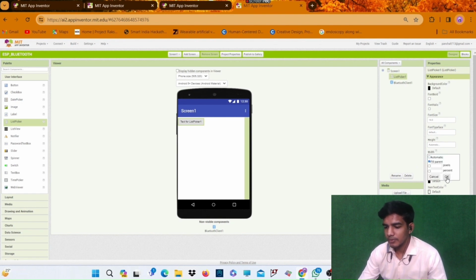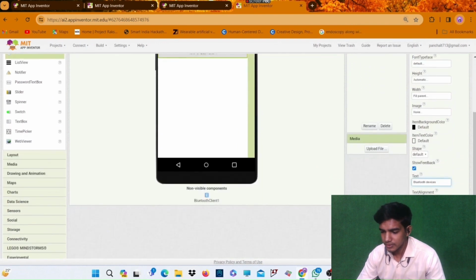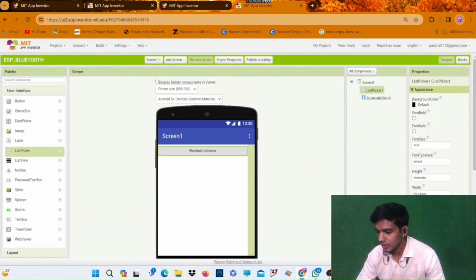So I want to fill the parent, like filling parent means width will be filled to the screen. Let's name it as Bluetooth devices. Okay. So let me zoom in. So Bluetooth devices. Okay. Now